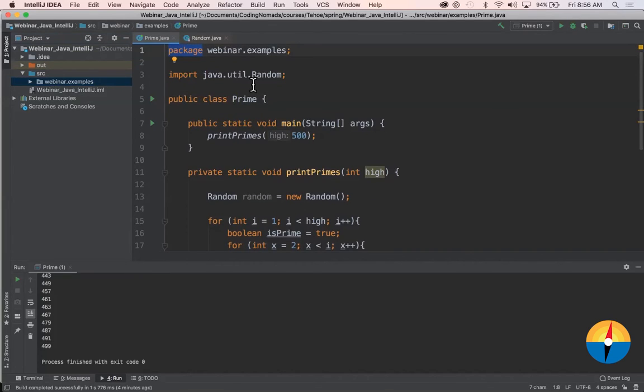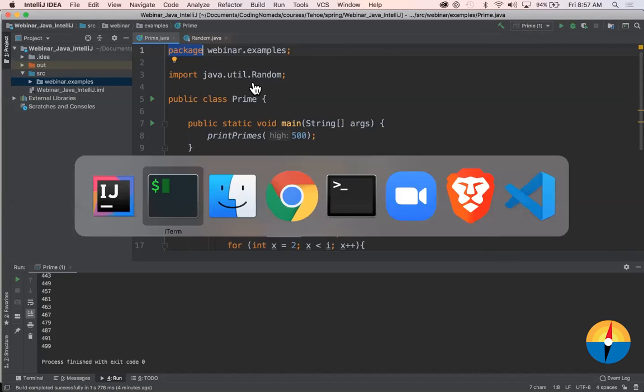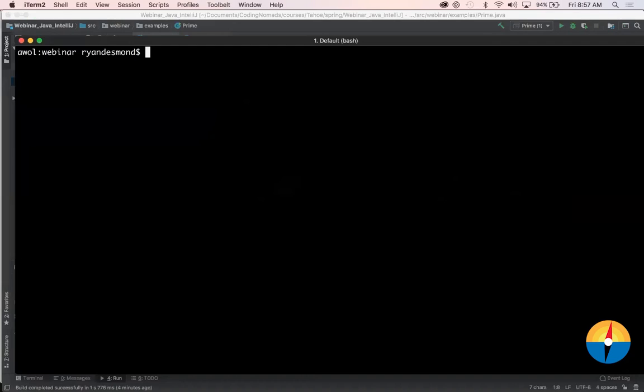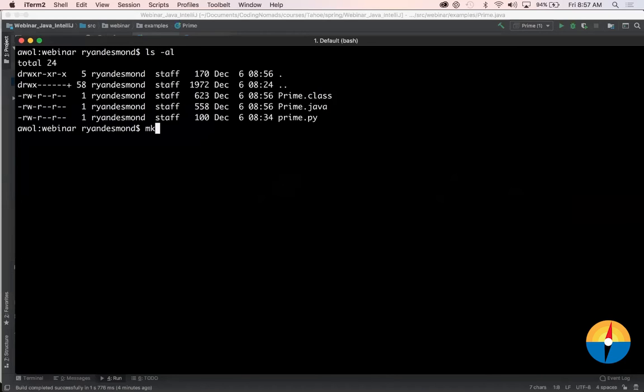And typically, whether we're writing Python or Java, when we're writing larger applications, we put everything in packages, which is basically just like folders and directories to keep all of our code nice and organized. But when I'm running it from the command line, to get that to work, I can show you webinar examples. I would have to say mkdir webinar, cd webinar, mkdir examples, cd examples,